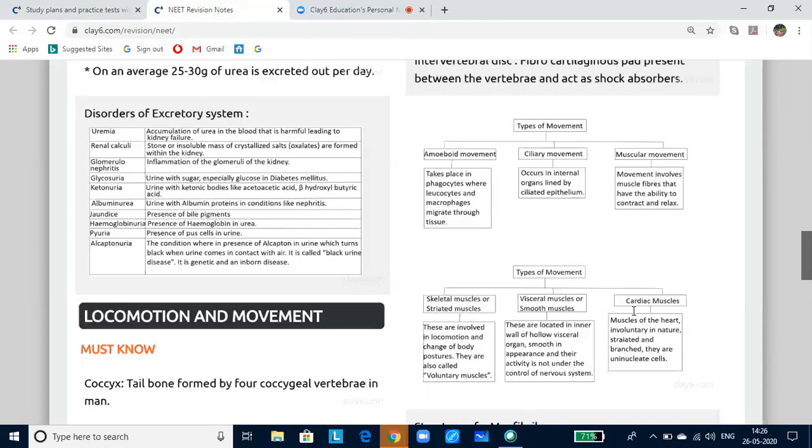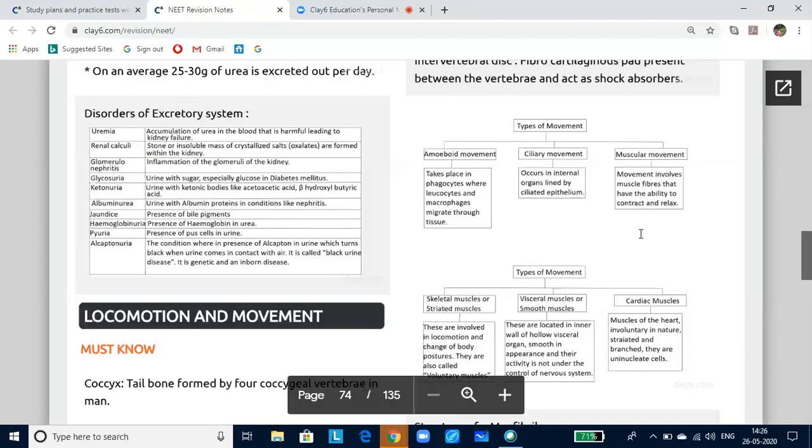It is found in leukocytes, that is phagocytes and macrophages of the human lymphatic system. Ciliary movement is found in the respiratory tract of humans and also in the fallopian tubes and vasa efferentia of females and males respectively. Muscular movement is used by most vertebrates including humans. The characteristic of this is to exert a force by alternate contraction and relaxation.